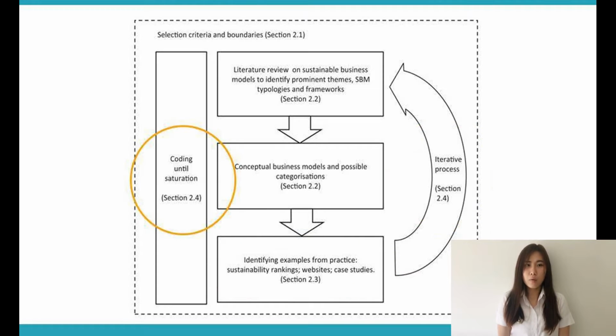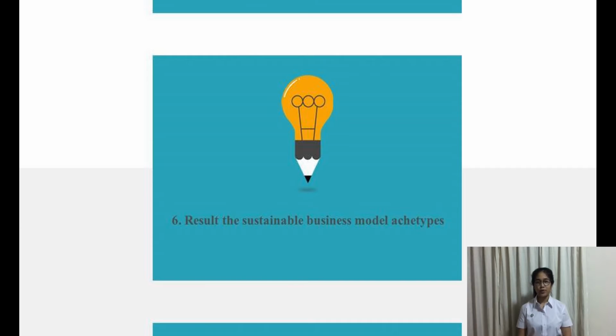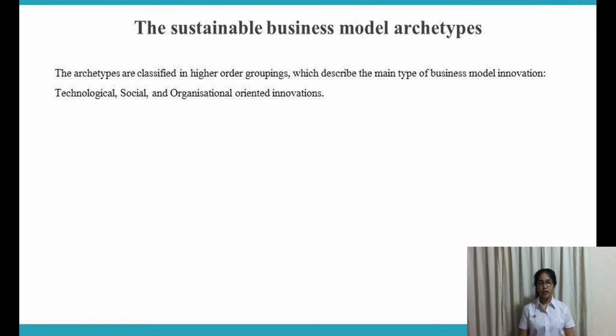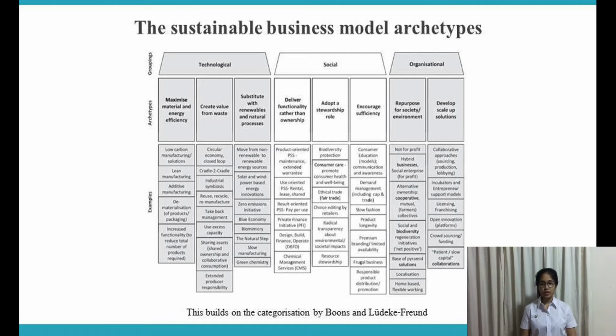And fourth, development of archetypes based on literature and practice use coding. The sustainable business model archetypes. The archetypes are classified in higher order groupings which describe the main type of business model innovation: technological, social, and organizational oriented innovation. This built on the categorization by Boone and Ludwig, which were found to be the most helpful